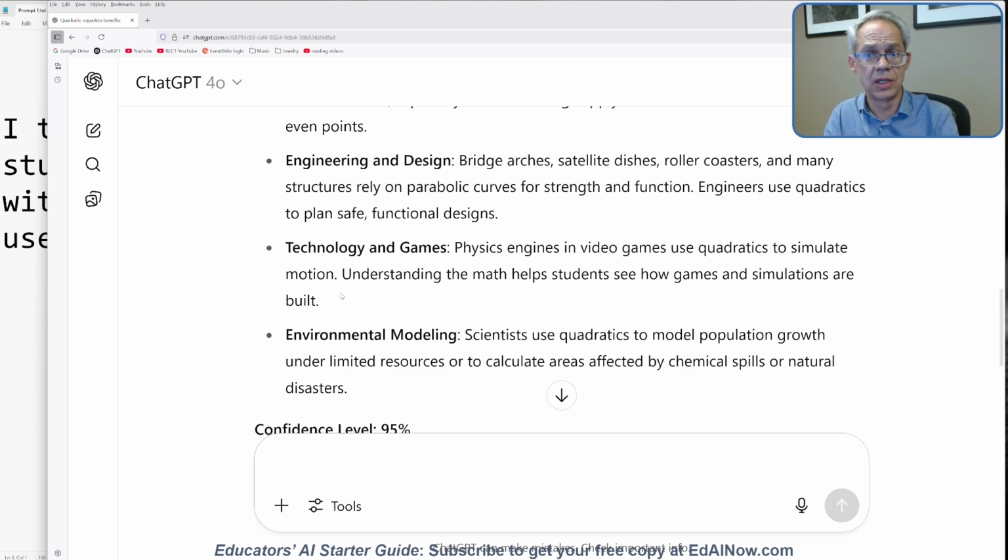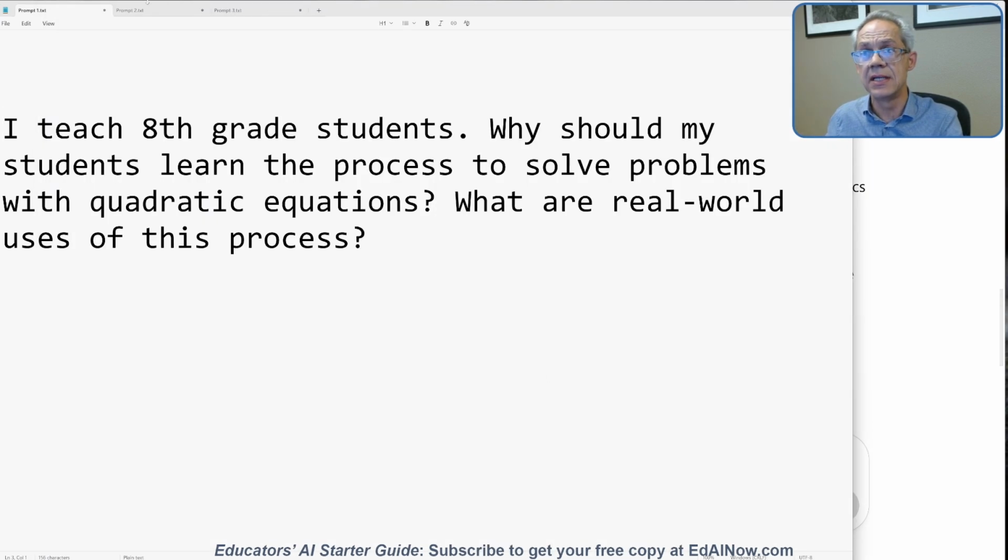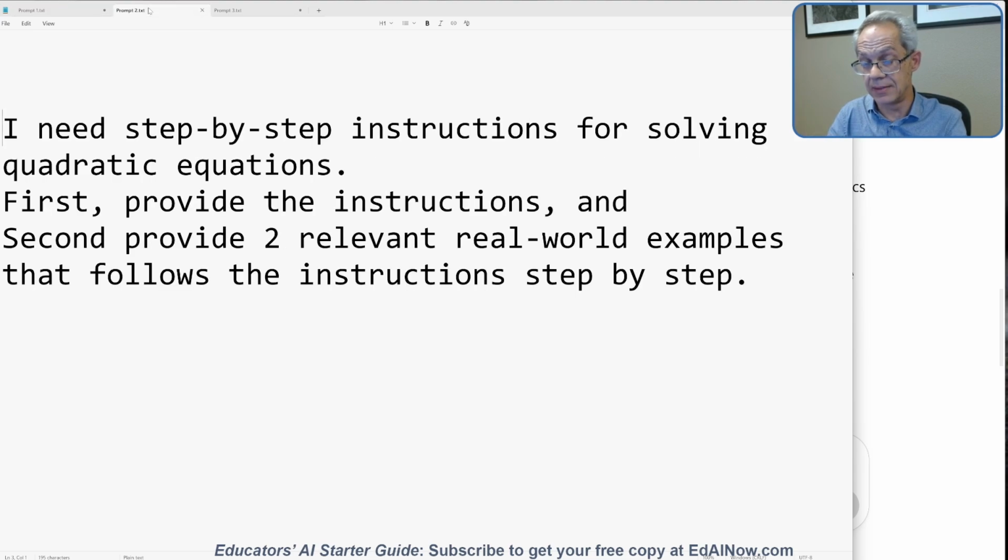So let's take a look at the next step. That's simply the introduction for students. Now let's introduce the steps for solving the problems. What do I need as the teacher? I need step-by-step instructions. I need to know first this, then this, then this, then this. And I need some examples that I can use, some real-world examples that I can use to show students how